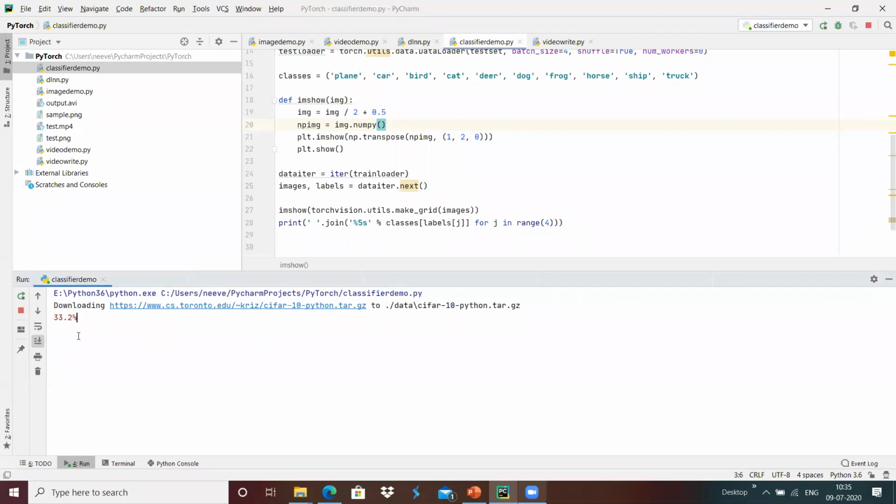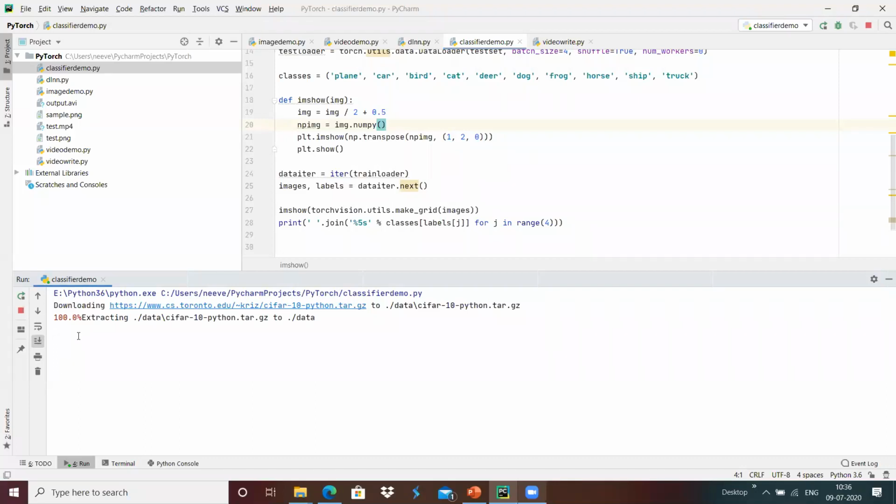It is downloading over here, and once it is downloaded, it will do the extraction. It downloads only the first time. Once the dataset has been downloaded previously, it will check if the dataset is fine, and then it won't download again over here.